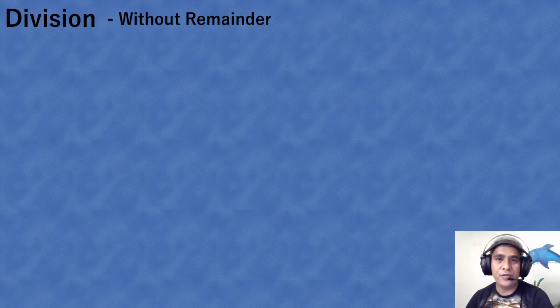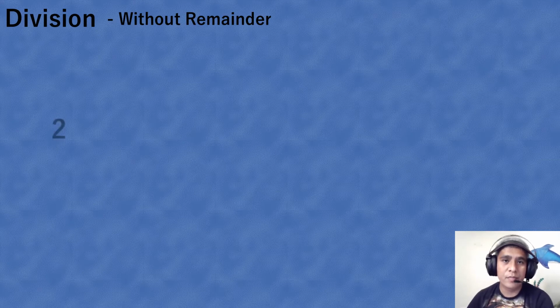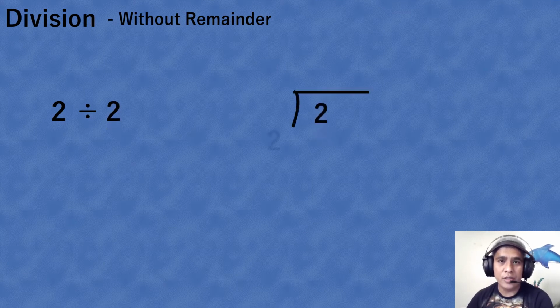Our math lesson for today is about division without any remainder. Our first example is 2 divided by 2. We are going to write it on this form. 2 divided by 2